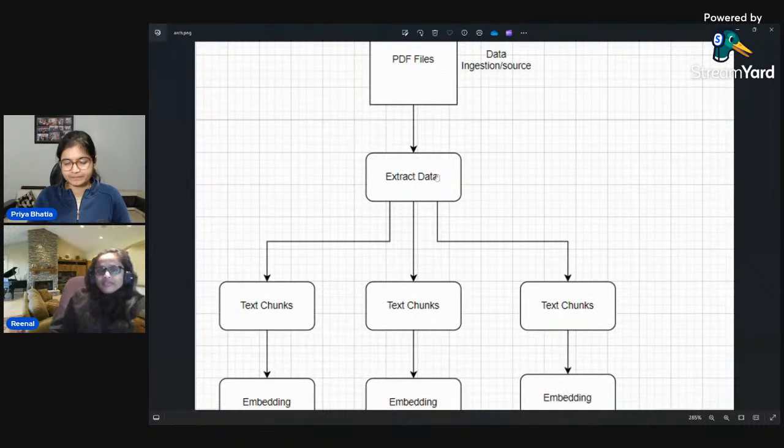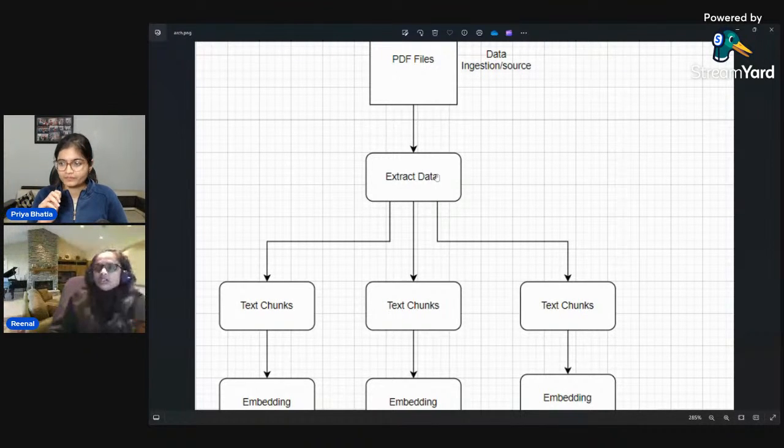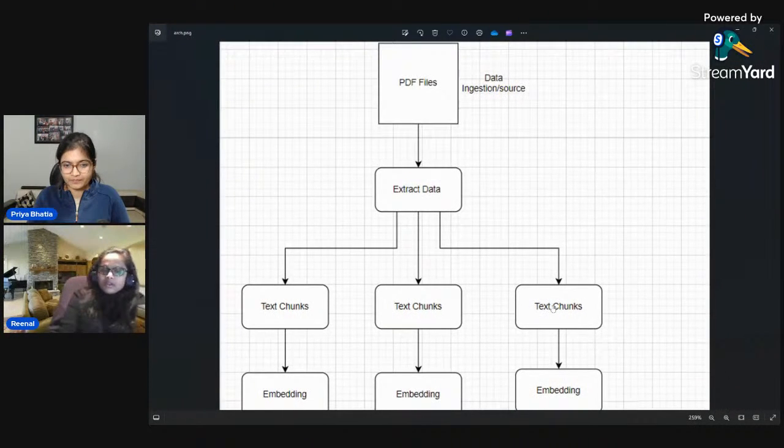Then, we cannot put a whole PDF into any kind of model. The number of tokens, or the size which you can put into the model, is restricted. For example, it is around 4,000 for Llama 2.